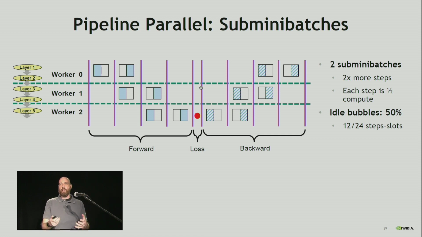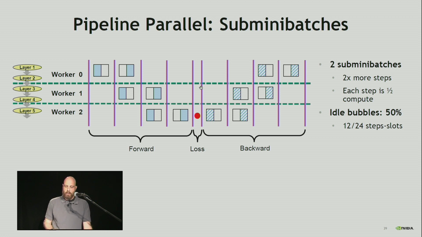And the portion that's white, it's really not there, but it's to indicate that this is the full matrix that we're processing. So now we take twice as many steps to achieve the same work, but each step is also half the amount of work, right? Because at each point, we're just working on half of that matrix, just the blue portion that's filled out. So if we go through time, now we have improved the efficiency of our system. In this particular case, we only idle for 50% of the step slots, which is an improvement of over 67%